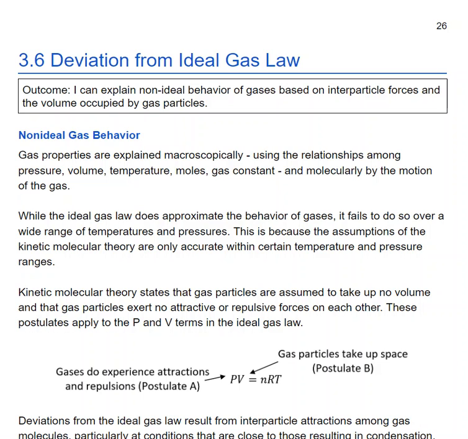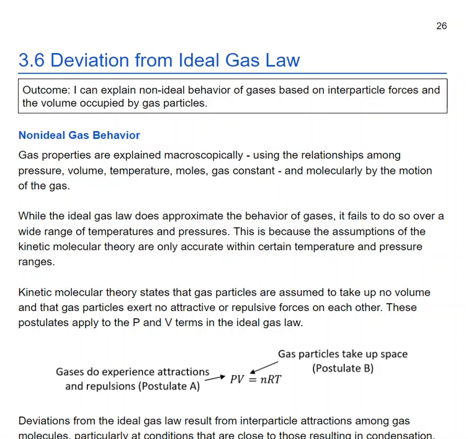This is 3.6, deviation from the ideal gas law, also known as real gases. So our outcome is I can explain non-ideal behavior of gases based on interparticle forces and the volume occupied by gas particles. So the properties of gases are explained macroscopically using the relationships of pressure, volume, temperature, moles, gas constant,